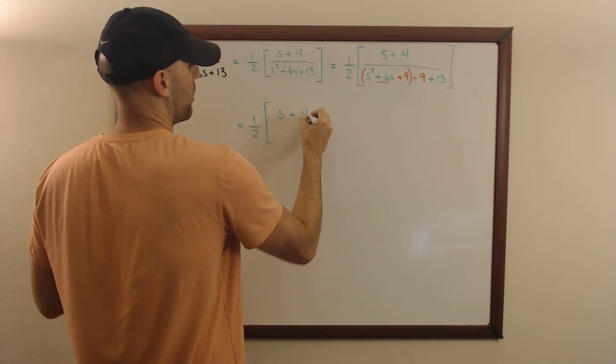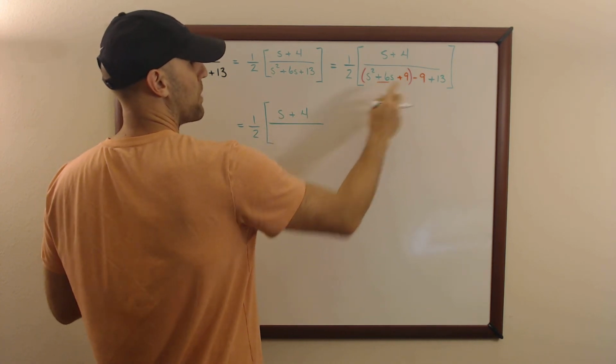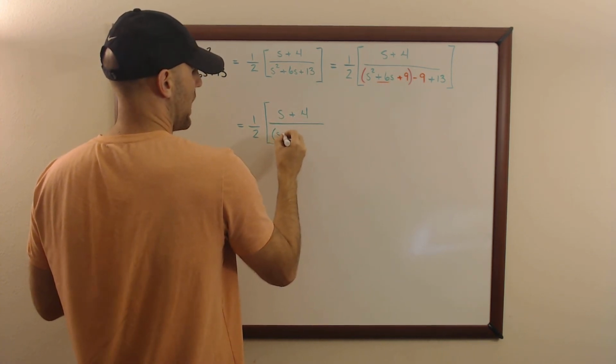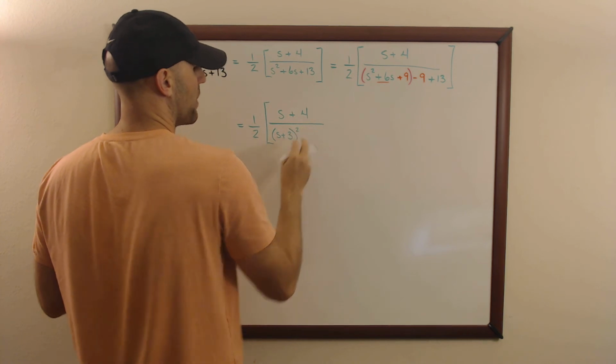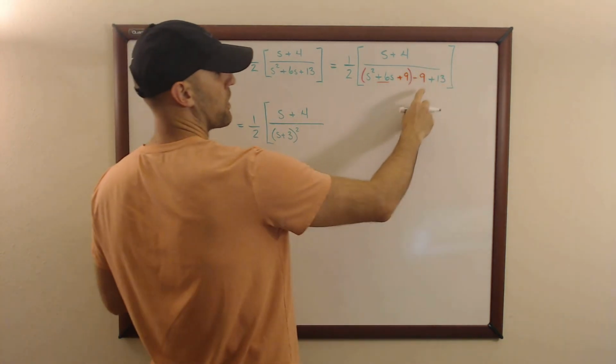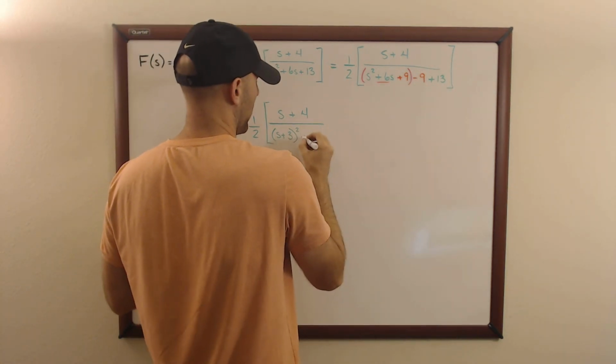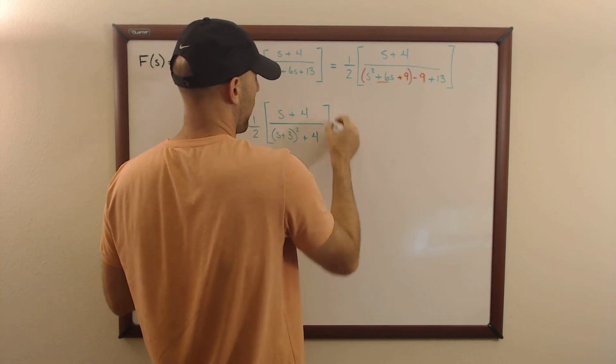S plus 4. All right, so let's see. S squared plus 6s plus 9, that's s plus 3 squared. And then the remaining two numbers are just arithmetic: minus 9 plus 13 gives me positive 4. Okay, so